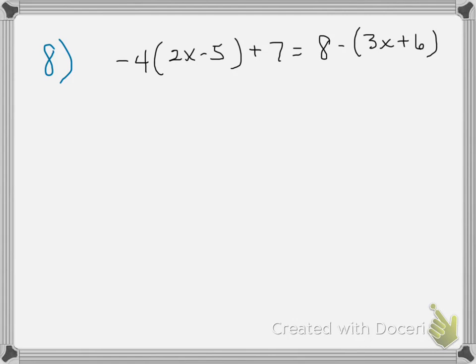This is question number 8 on the Unit 1 review. If you look at this one, it has a lot of things going on. It has distributive, we probably have combining like terms. First thing we need to do is distribute. You've got to be careful here because we could be distributing negatives, we could be distributing numbers, so we have